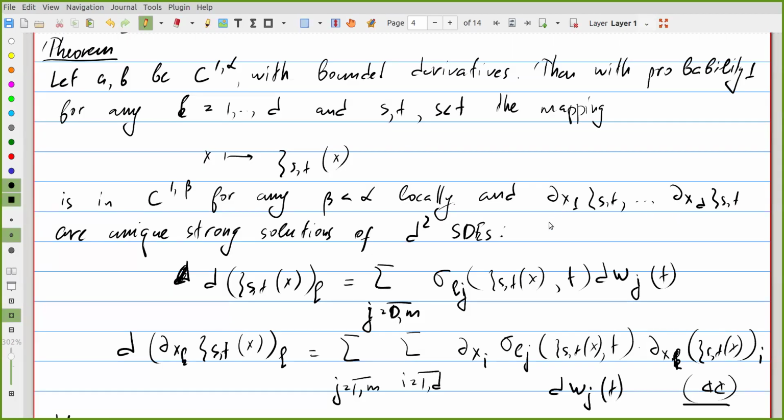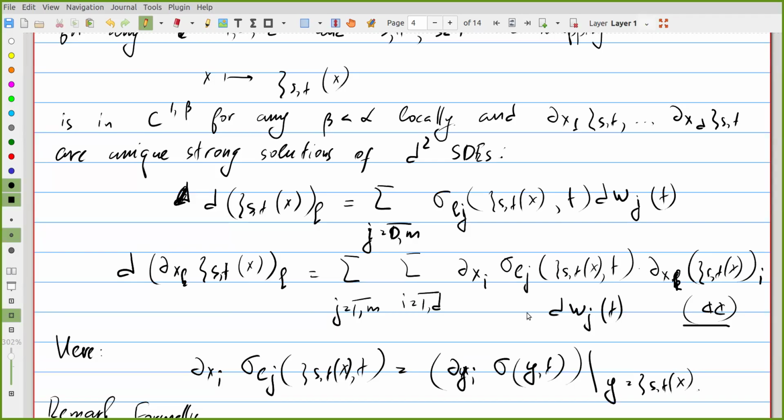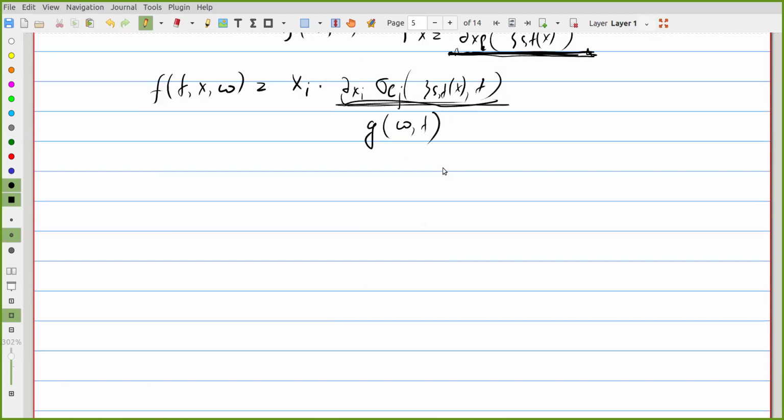And the second thing, we need to show that these derivatives indeed satisfy this equation. Then we can use this analog of the theory of strong solutions to conclude that they are strong and unique solutions. So this is the second stage of our plan today. We will need to define an additional process,